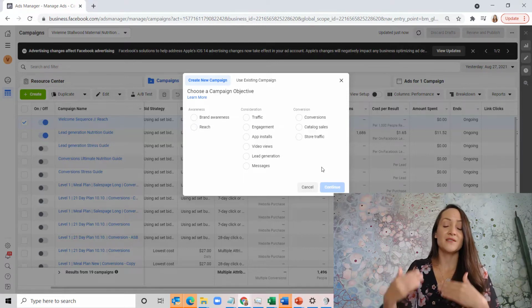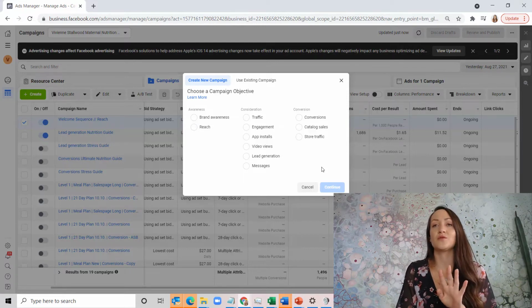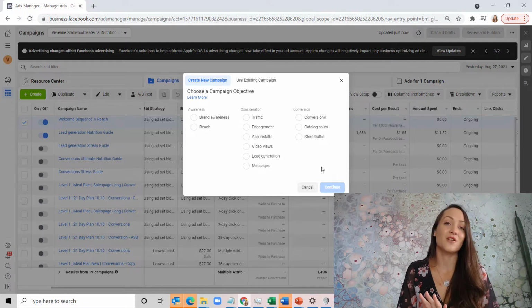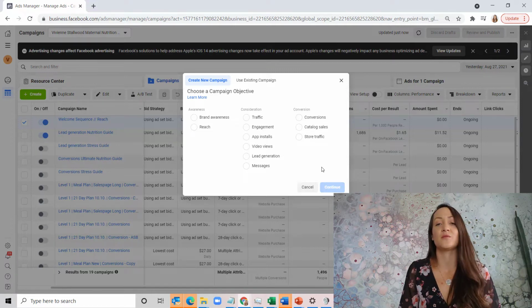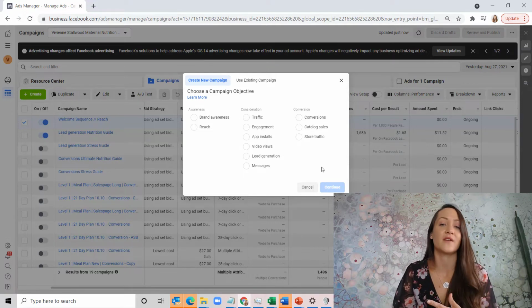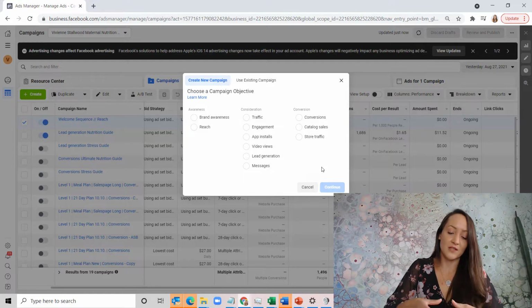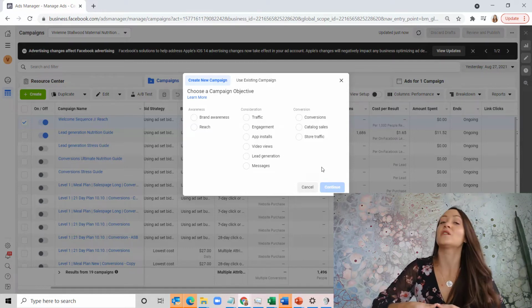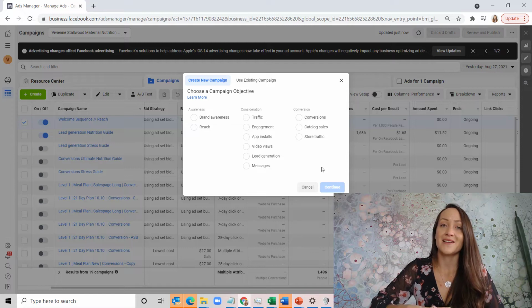nurturing. Plus, very often, especially when it comes to coaching and course creation, the Facebook algorithm is not familiar enough with your complex offer to understand who is likely to buy. This is why conversions are not so effective here. Traffic would give you the piece of the pie that is very likely to click your link. But then again, these are not necessarily buyers, and they're just a piece of an already small pie